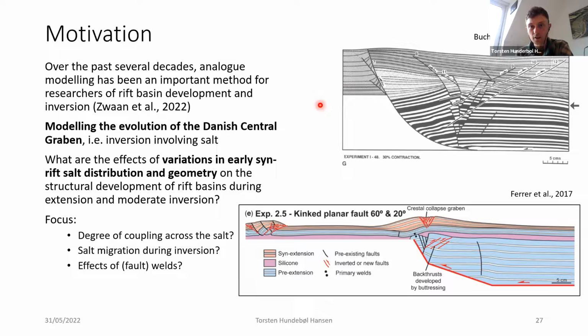Yeah, so it's not that old, but they used a rigid footwall. That obviously gives you some limitations in that, for instance, you won't see any footwall shortcuts when you invert this thing here, because the footwall is a piece of wood. Later on in 2017,